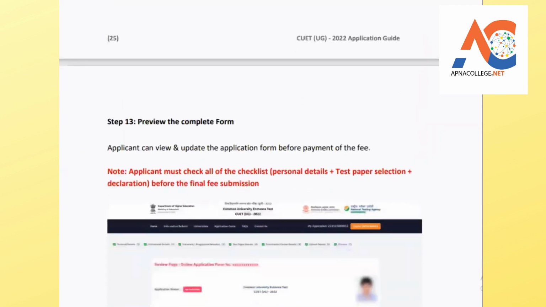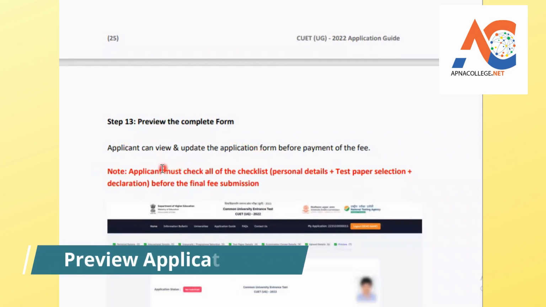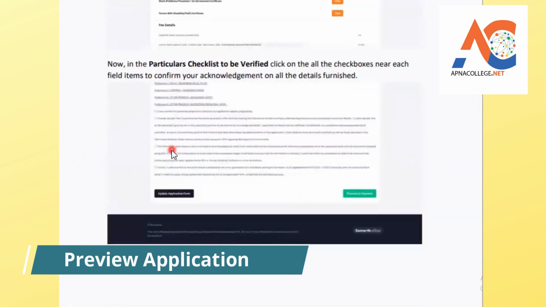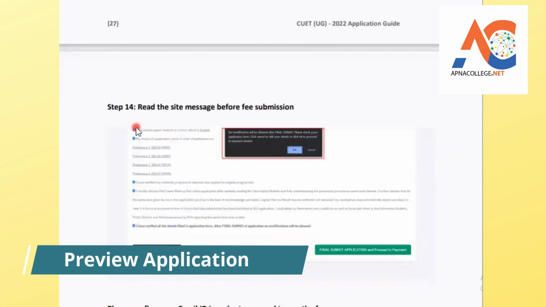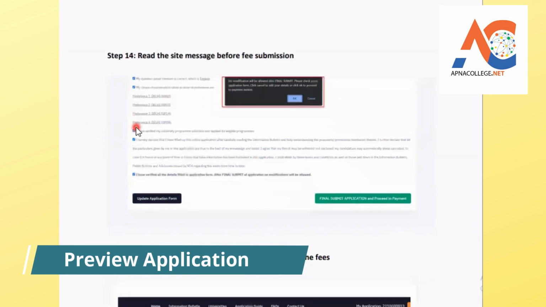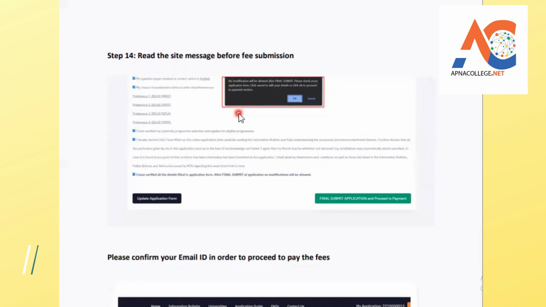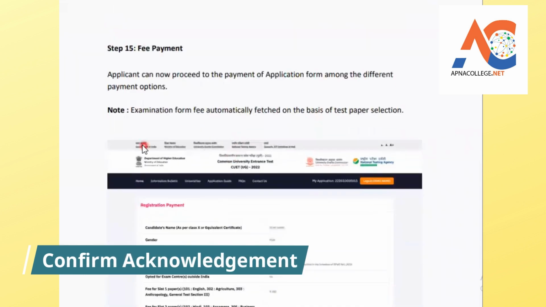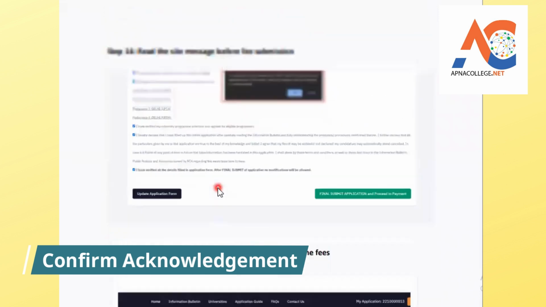And then once all the files are uploaded, you can proceed to the preview section and see whether all your documents are okay or not. And then once all the details are verified, check all the uploaded documents using the view button in the uploaded scanned file section, and a particular checklist is also there to be verified. Click on the check boxes if you have completed, and confirm your acknowledgement that you have completed all the details